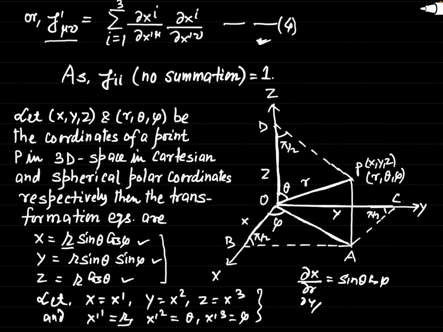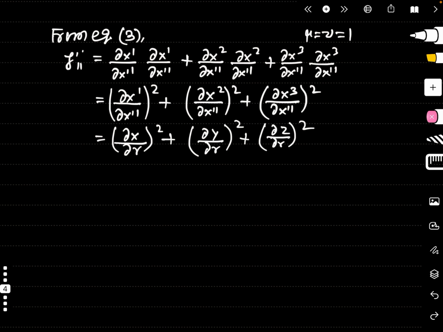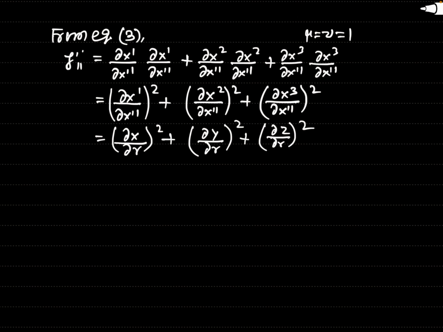And similarly, del y by del r will be sine theta sine phi. And del z by del r will be simply cos theta. You can easily see. So substituting the values of these partial derivatives using that transformation equation, we can write